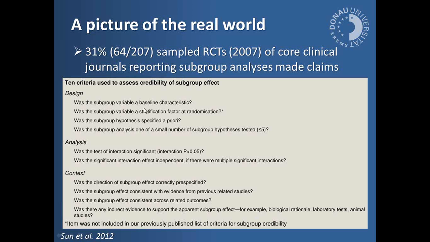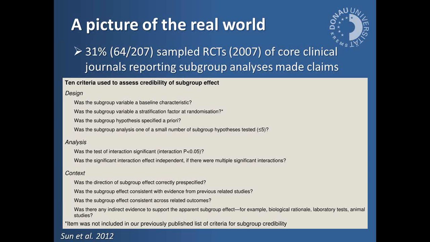So they are questioning: were the variables measured at baseline, was the subgroup stratified at randomization, was the subgroup hypothesis specified a priori, was the subgroup analysis only on a small number of subgroup hypotheses tested, so 5 or less, was the test of interaction significant, was the significant interaction effect independent when they made more tests,